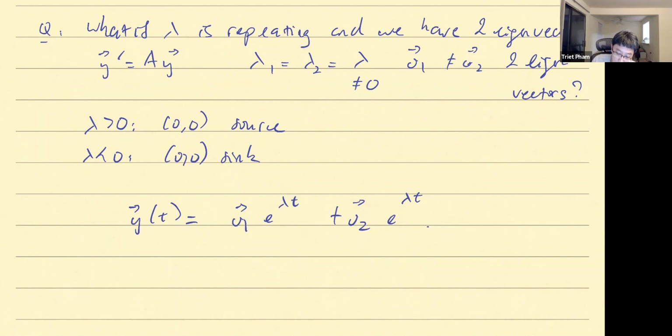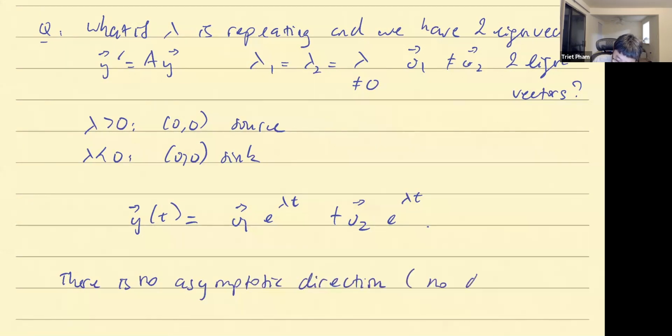So the answer here is that actually it's a trick question. There is no dominating direction, no asymptotic direction. There's no dominating terms. Because the reason is actually here you can just combine these two into one single